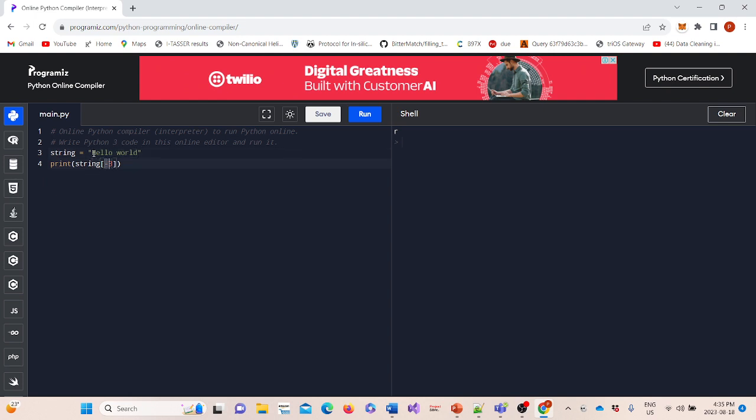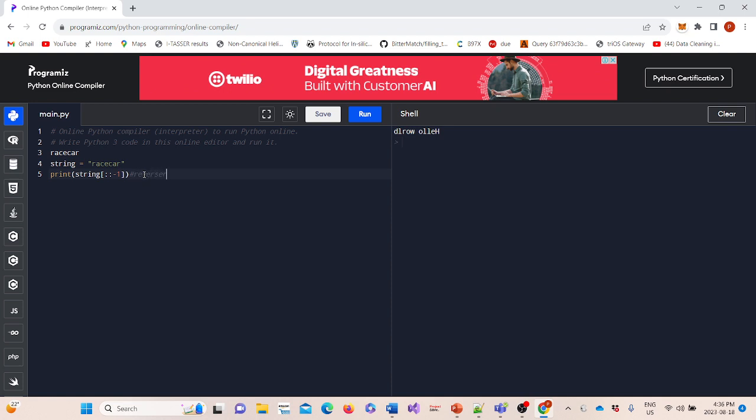So for reversing the string, we have a really simple function. That's it, and it's going to give you a reversed string. Now, there is something very similar to that called a palindrome. A palindrome is a string which is the same from both sides. For example, racecar. If I reverse it, it's still going to remain racecar. We can just try this: racecar, and then if I want to print its reverse,